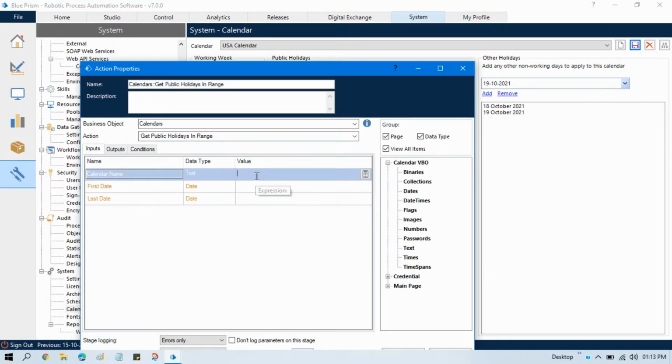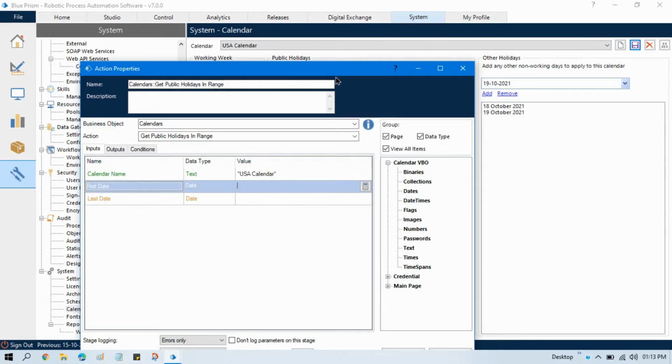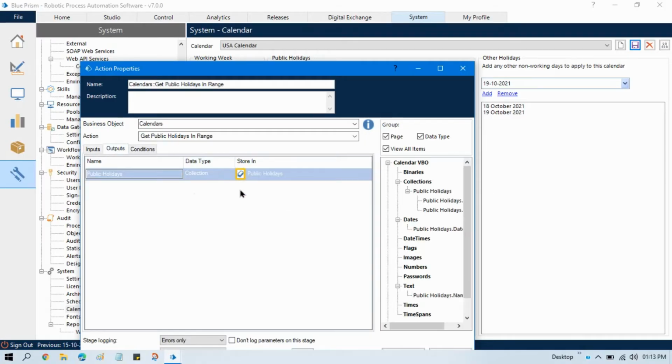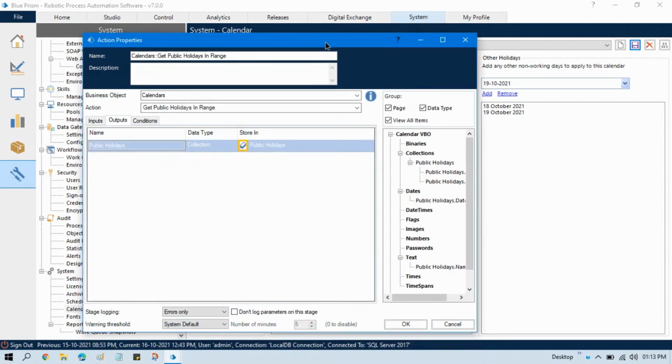Here we need to enter the calendar name, that is we have USA calendar. First date, so let me put here today, because I want to just check only between today's and last date is our end of this month. So 31st October 2021. Now go to output, click on this. So it will store all the public holidays date in the collection, in this collection date item, that is public